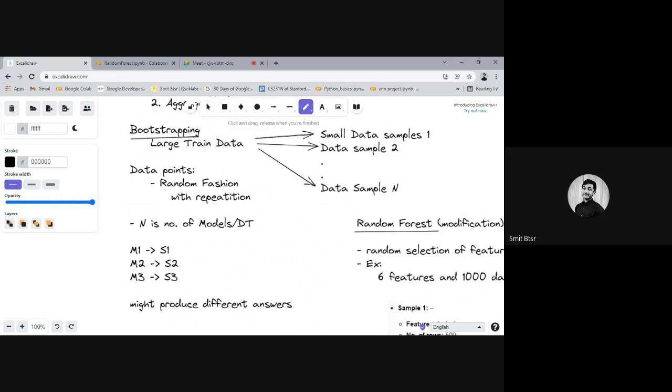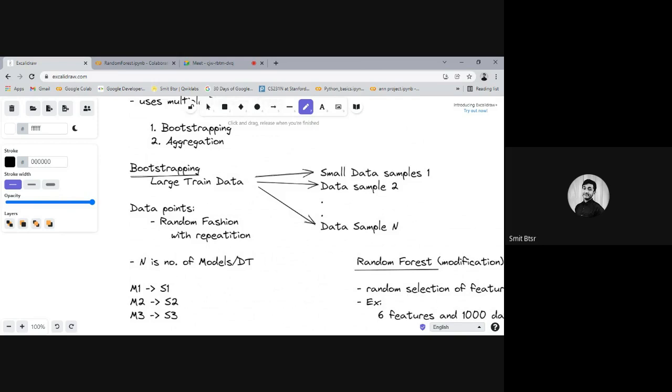What we do is pick randomly, with repetition. We pick random data points from the graph, or you can imagine it as picking random rows from the table. With repetition means that when we choose multiple times, the same data row or data point can be in two different samples.